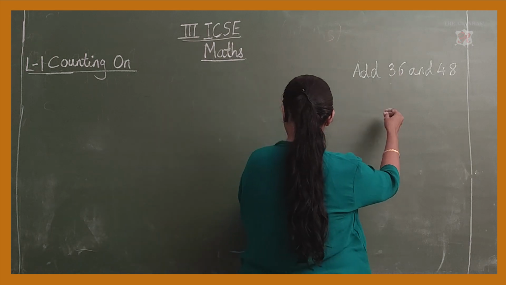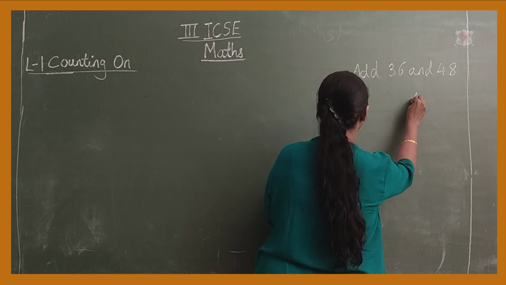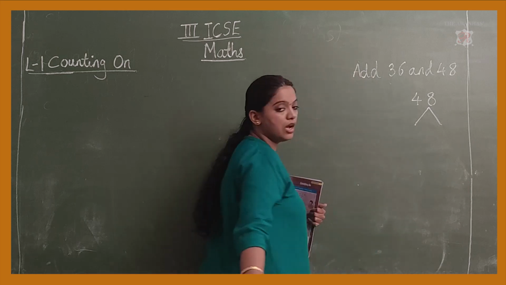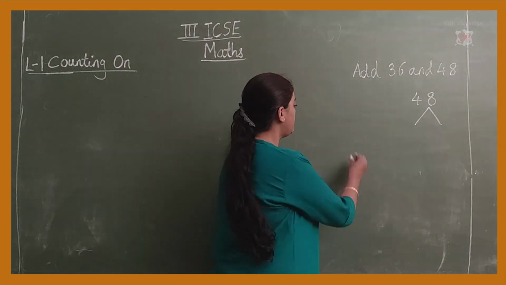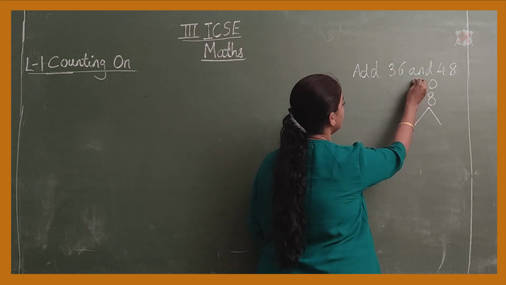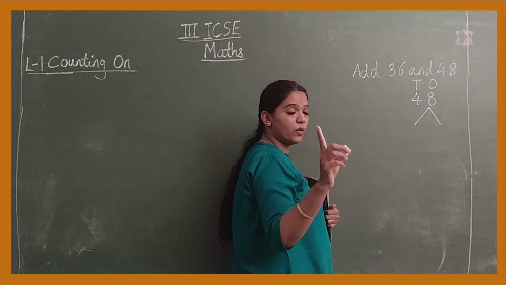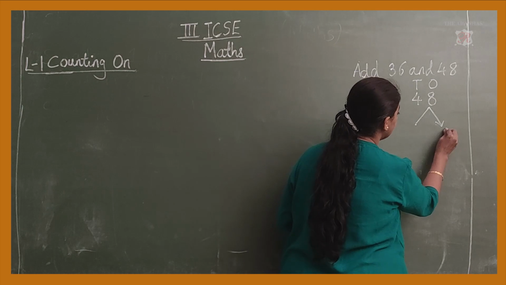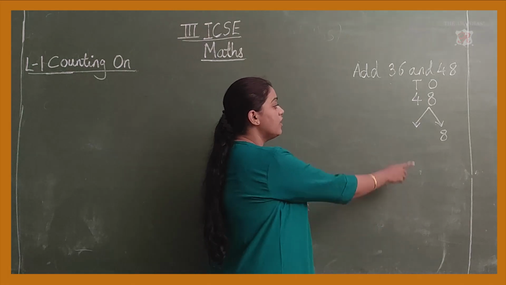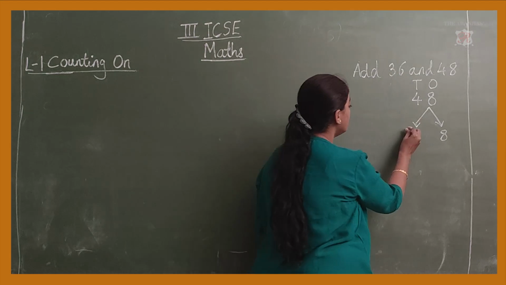Now we will take the first number. The first number is your bigger number, 48. Now how will you split this number? As I taught you, 8 is under the ones place and 4 is under the tens place. So the 8 is always your one-digit number, so it will come down as 8 itself. The number in the ones place will not change. Where will you change the number? It is under the tens place. So the 4 becomes your 40.